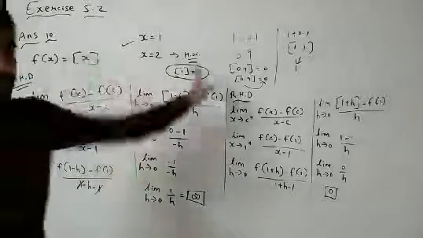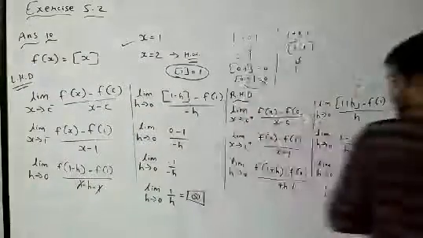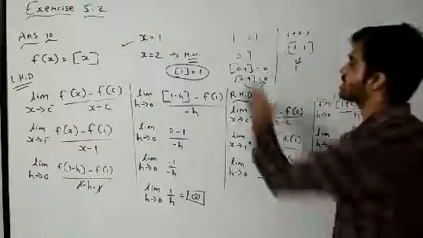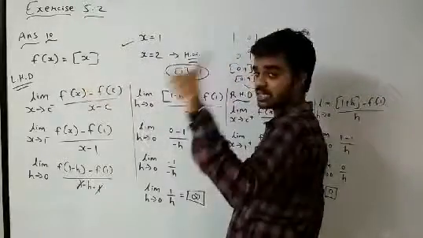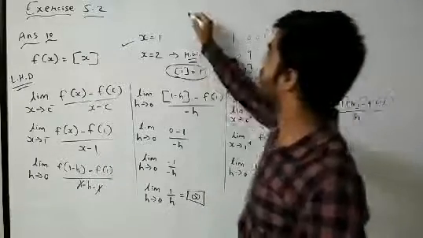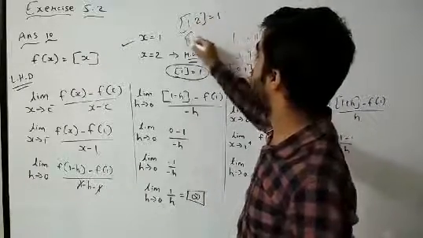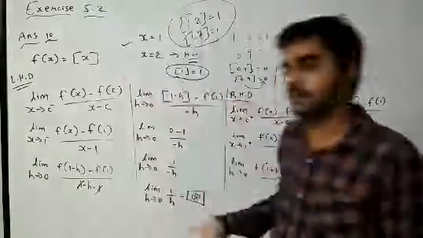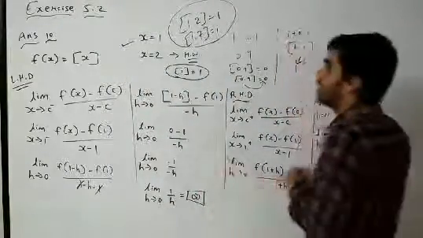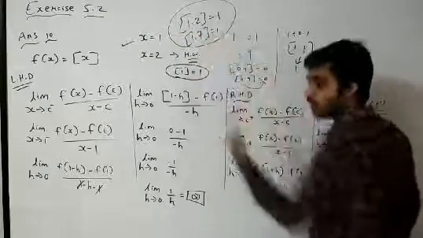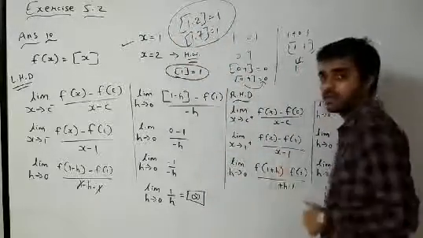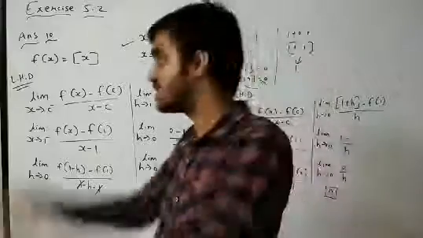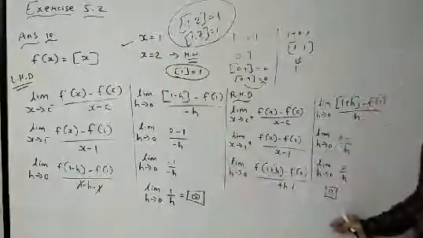Same way you have to do for x is equal to 2. Everyone will try it on your own. I hope all the things are clear. You only had to keep one thing in mind, that is the greatest integer function that I have told you. Greatest integer function means if the value inside the function is 1.2, then its answer will be 1, and if it is 1.7, the answer will still be 1, right. Now take any number, say 2.2, 7.2, 23.2, whatever, the answer will be the number before the point, meaning the lower number. 2.2 gives 2, 2.9 also gives 2, 3.2 gives 3, 3.9 so 3 only. It is not rounded off to 4.